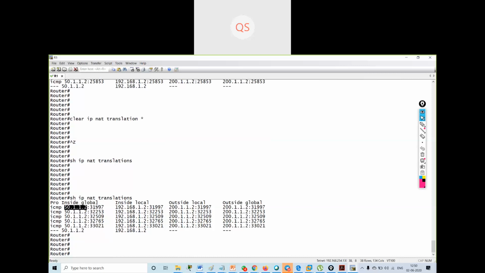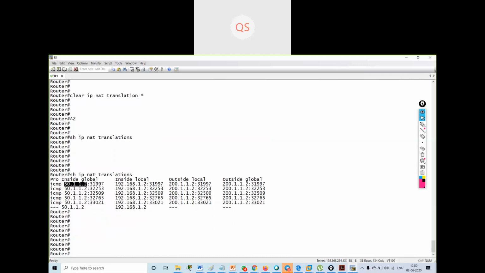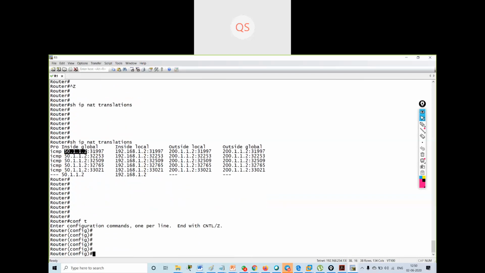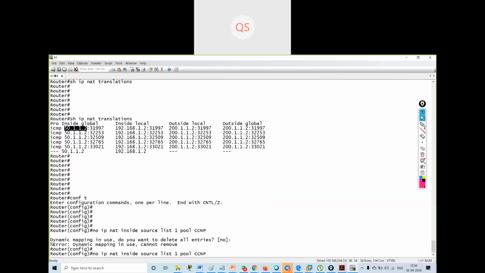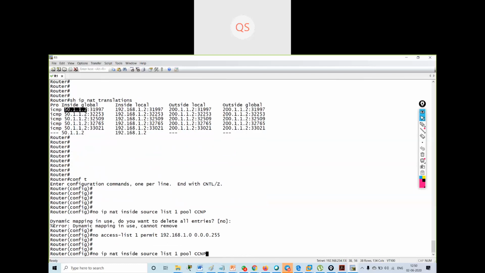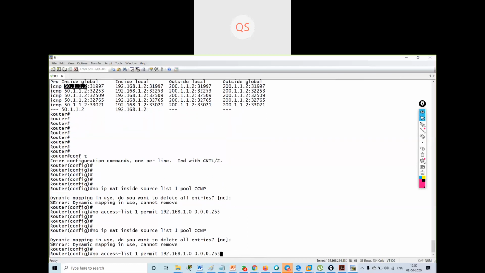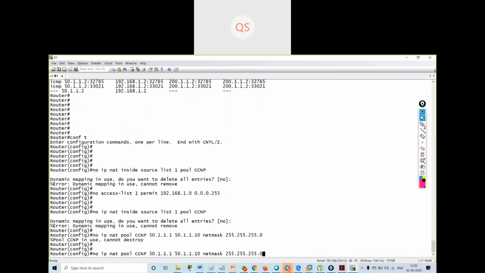We will remove the access list, and remove all the configurations from here. So, config T. I have to remove the access list first, then I will remove this.